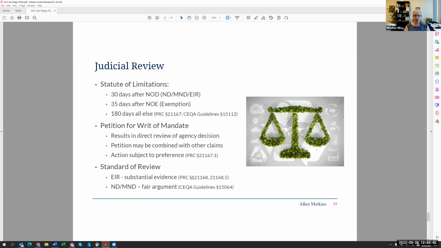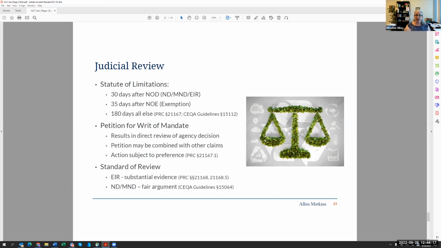So judicial review, as I mentioned earlier, there are different standards of review for different documents. I do litigate CEQA documents, so I am very invested in this portion of CEQA. When a project is approved, CEQA says within 5 days, the agency is supposed to file a specific notice with the county clerk to say they've done something, they've approved this project. The 5 days isn't mandatory. Agencies don't always follow it. It's ideal, but it's not always done.